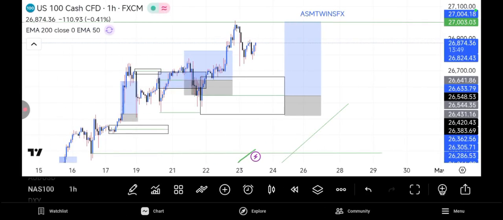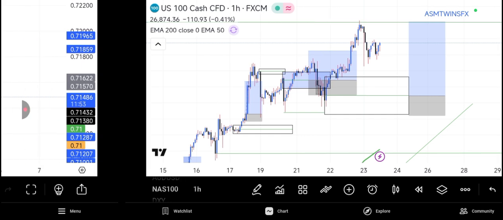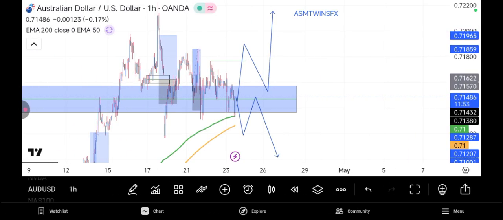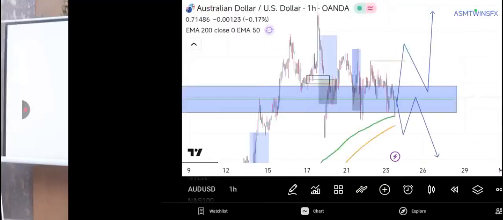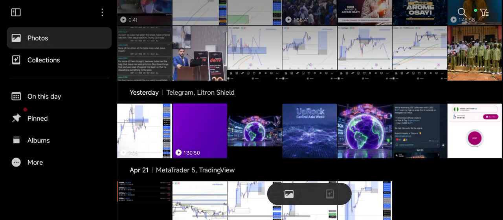You can see this is my US 100. I'm on a buy because price has made a break of structure to the upside. My AUD, this is what I'm expecting: a breakup, then a retest, then a continuation, a breakdown, a retest, a continuation. That is that. So let's go over to